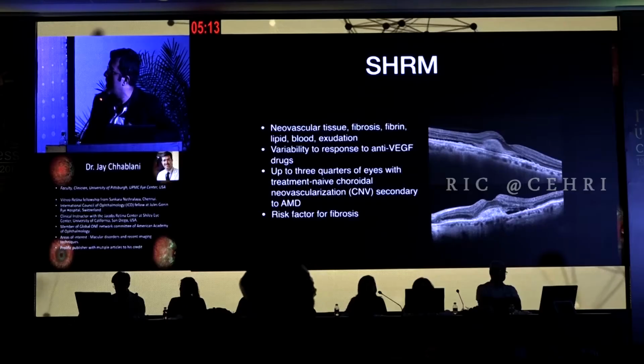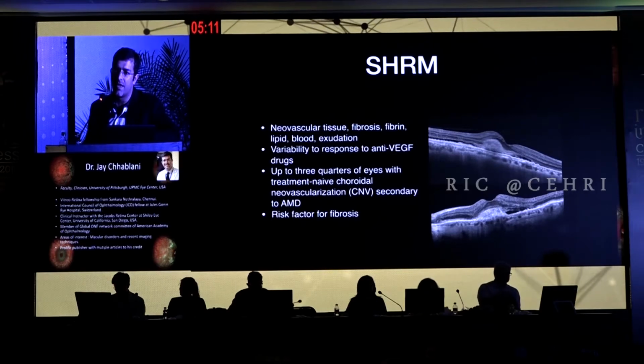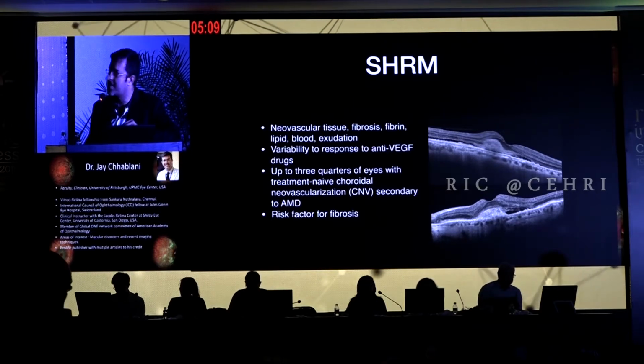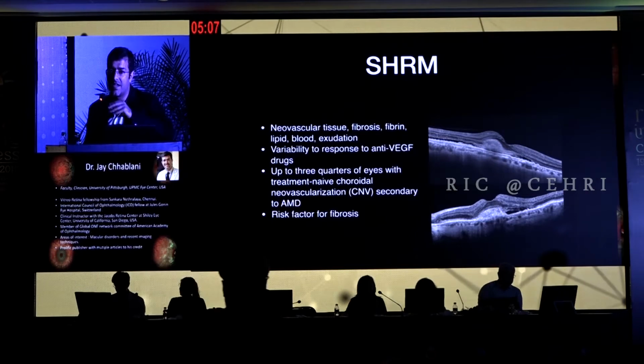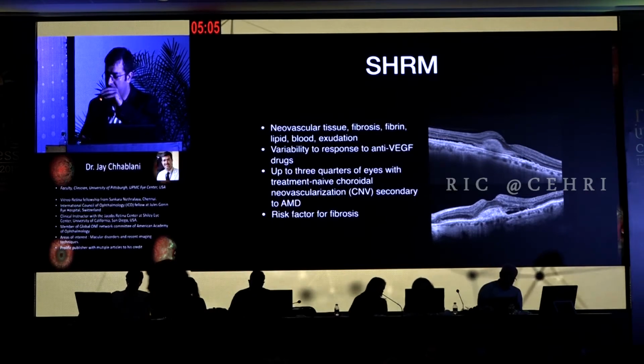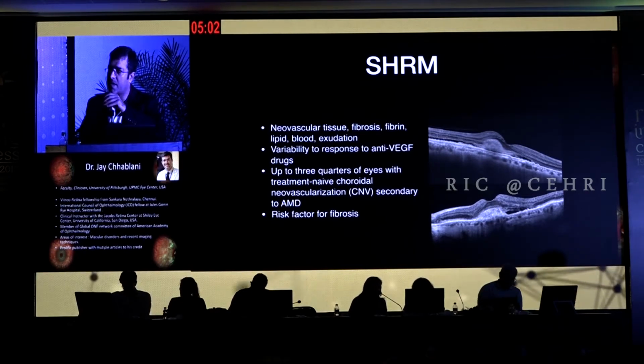So we did discuss the SHRM, and we all know that SHRM could be because of a neovascular tissue or a fibrosis, fibrin, lipid, or a blood exudation. There is a variable response to various anti-VEGF drugs. However, the data is still not very supportive of which kind of anti-VEGF should be preferred in what kind of